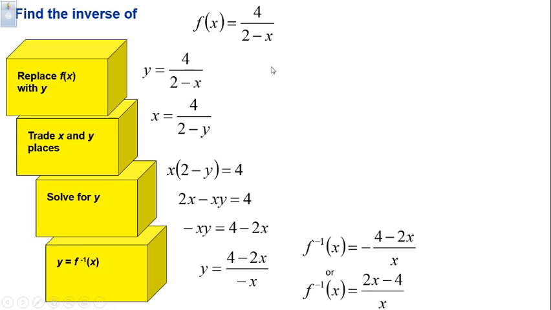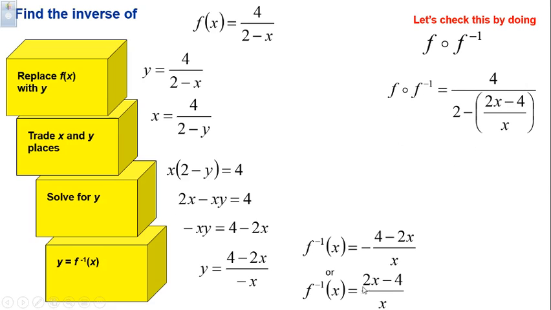How do we know if we are right? Let's do the composition. We'll just do the composition in one direction to check. F of f inverse of x. We substitute f inverse of x into f of x. So wherever I see x, I will put what f inverse of x stands for, and then I simplify. I combine the like terms in the denominator. I combine the denominator into one fraction. 2x minus 2x is 0, and then you have 4 over x. And then when you multiply top and bottom by x, you'll get x. So this function is the inverse of the original function, because when you do the composition of one with the other, you get